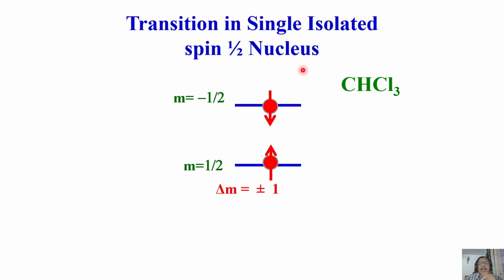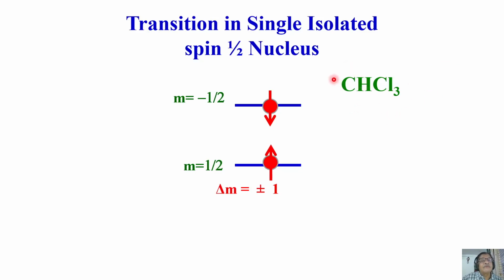First, start with an isolated proton, an isolated spin, or any molecule containing only one proton. Consider an example of CHCl3. I am looking at the proton spectrum. What are the other spins which can interact here? What are the other NMR active spins? Chlorine 35 is a quadrupolar spin. We will ignore it and assume that it doesn't couple.